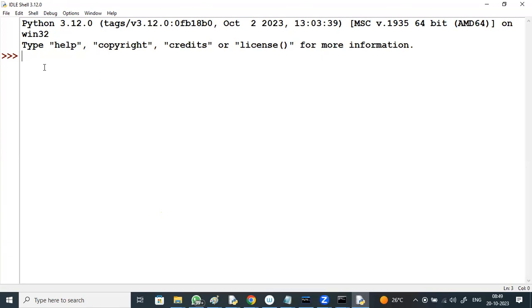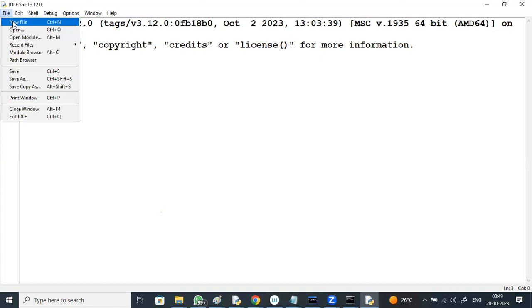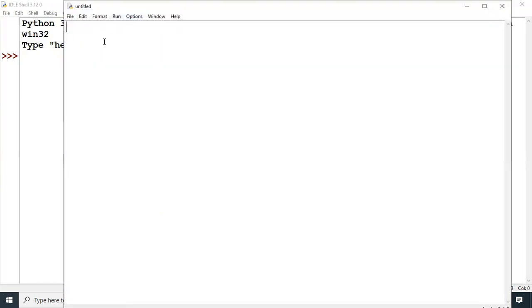Yes, it opens. This is the Python shell, which opens in interactive mode. If you want to work in batch mode, say file, new file. Whenever you say new file, you can see this run option here. You can write the code here and you can run the code here. Run means execute the code.